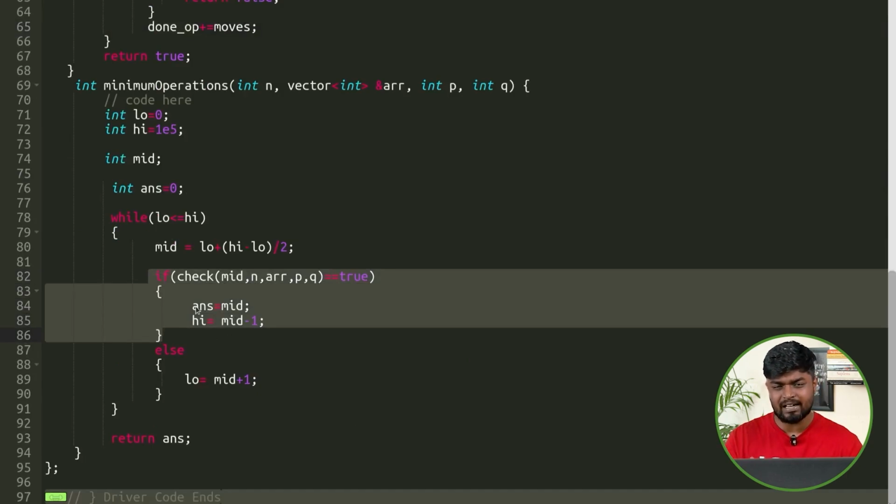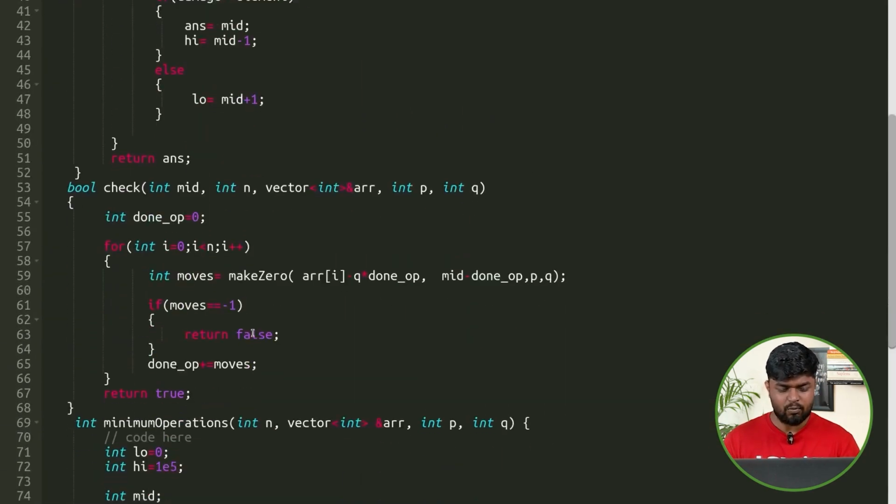We are applying binary search inside binary search. First of all you apply binary search because you have a big range. You can either do 0 operations, or at maximum, let's say, 10 to the power 5. Now you are checking if in mid number of operations your total task can be done or not. If you can do your task in mid number of operations, then you will store it and search on the left side, because you will try to minimize your answer. You will try to minimize the number of operations that you are taking. Otherwise, you will mark your low as